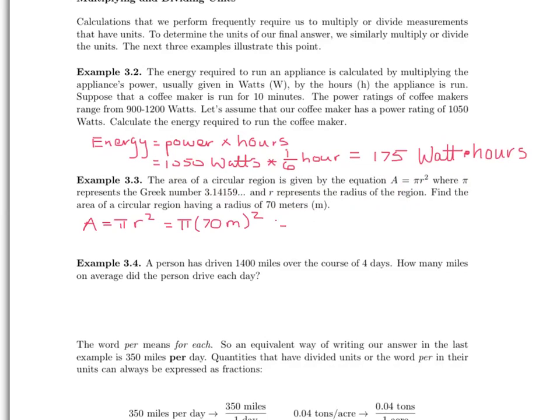Okay, we're going to need to work out the numerical calculation here. We will end up taking pi and multiplying it by 70 squared. If you take pi and you multiply it by 70 squared, you arrive, I'm going to use squiggly lines here to indicate that we're going to get an approximate answer, of